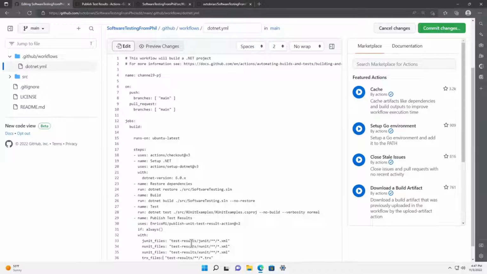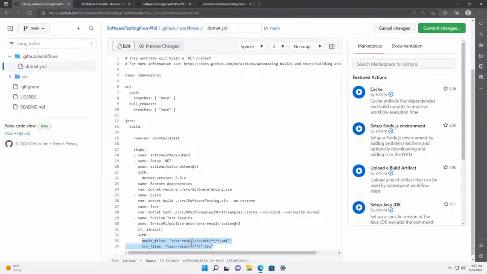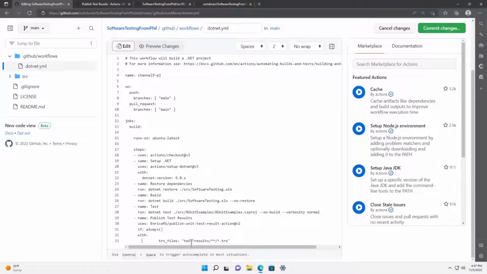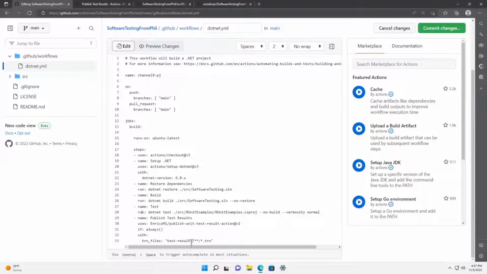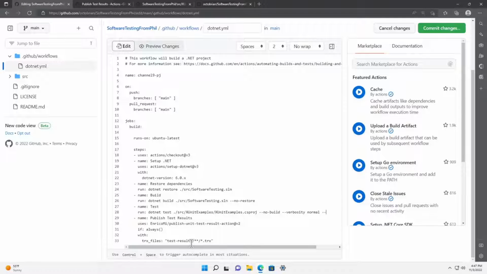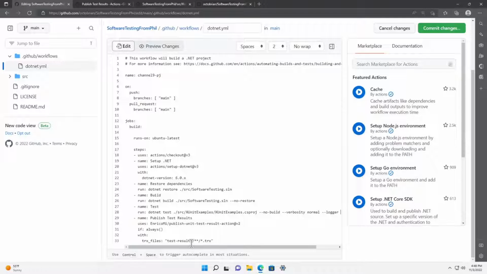Now we'll come down a little further and we'll get rid of these extra lines. We don't want JUnit, we don't want NUnit. And this is where we get this interesting dilemma. We're doing XUnit, but we need to be able to get the results out our way. And since we're using .NET Test, one of the easiest ways is to actually just say, I want a TRX file. So what we're going to do is come up here to .NET Test, and we're going to add an extra switch. And we're going to tell it to use the logger command.